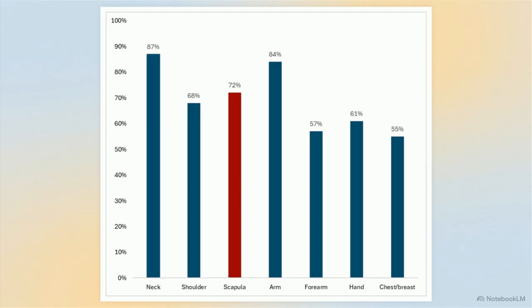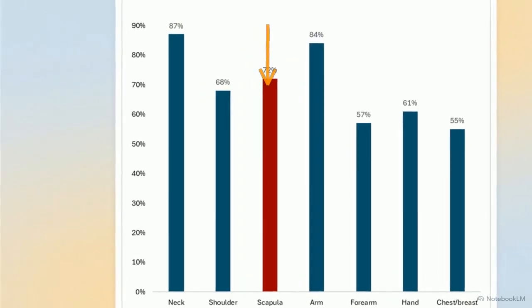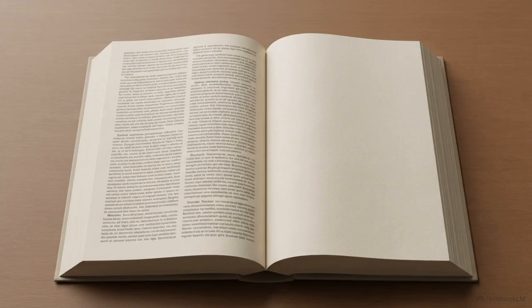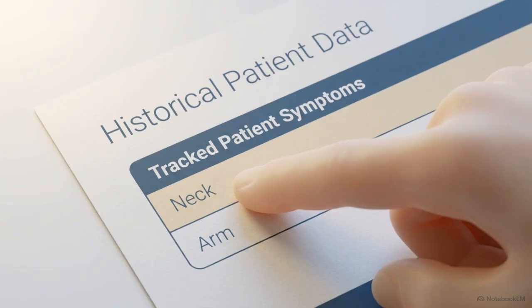This chart shows exactly where patients experience symptoms. The neck and arm are the top two regions, appearing in 88% and 85% of studies respectively. Look at the third most common region. Scapular pain is reported in 72% of the literature on confirmed cases. That high prevalence is entirely absent from foundational texts. The landmark 1994 Rochester Epidemiological Survey tracked cervical radiculopathy patients for 14 years and never once mentioned the scapula.